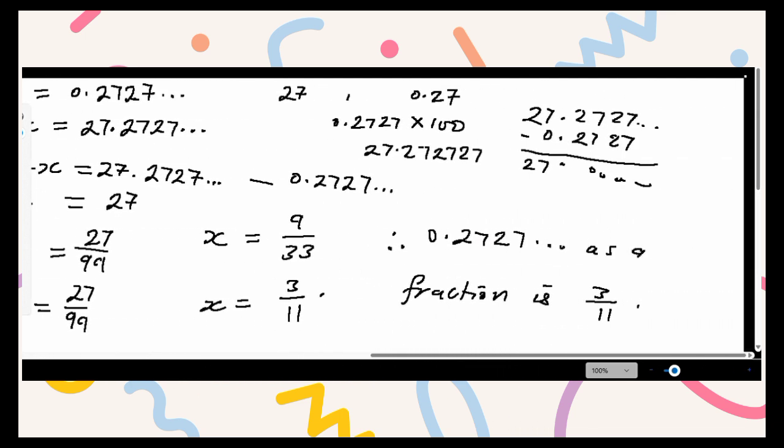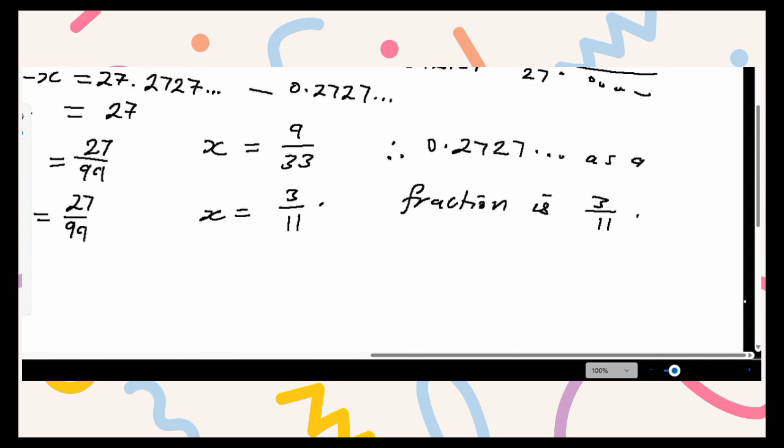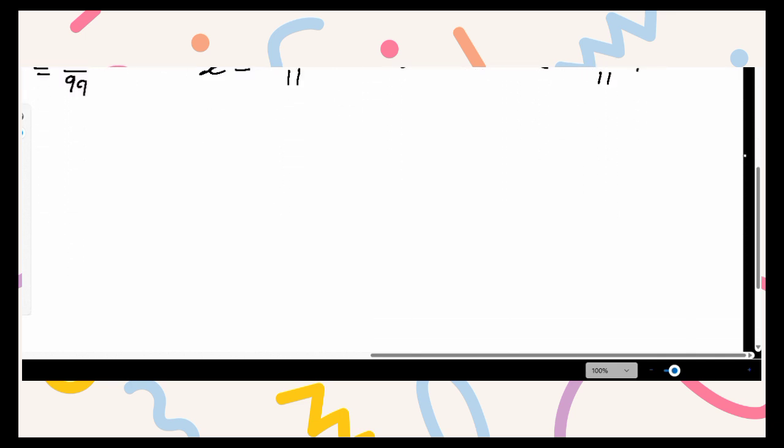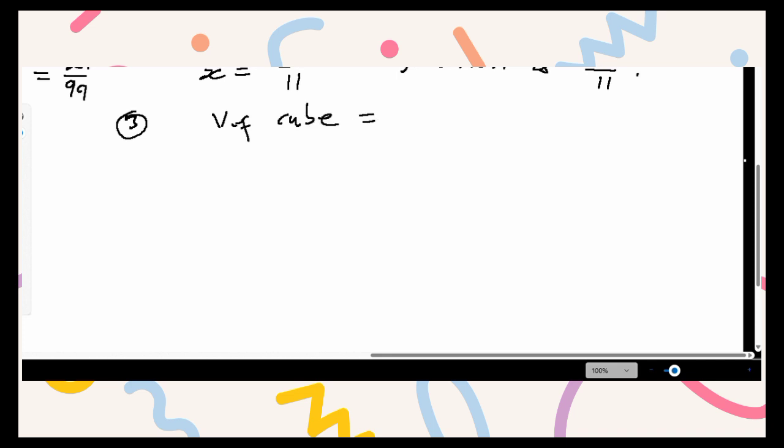So what can we say about a cube? A cube has, sorry, a cube has 6 faces, right? 6 faces, and all the sides of the cube are equal. The volume of a cube, the formula for the volume of a cube is L cube. Okay, L cube,